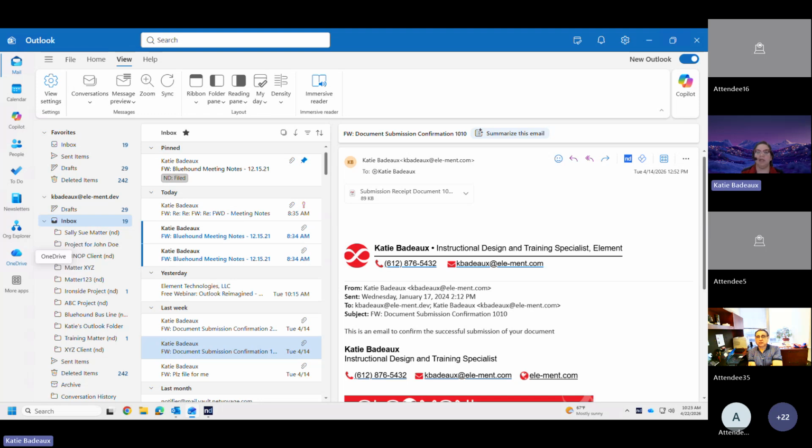I do see a question in the chat. So we use NetDocuments for document management. We use your firm for the conversion from WorldDocs to NetDocs. What can you tell us about the steps needed to get ND Office to coordinate with new Outlook? So that's a great question. If you are using NetDocuments,